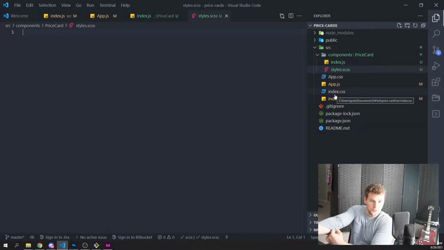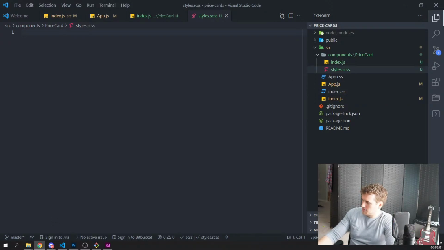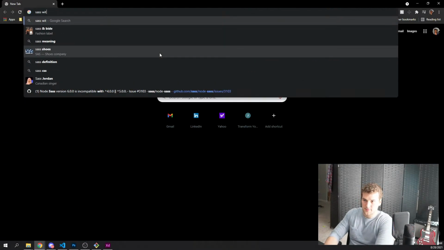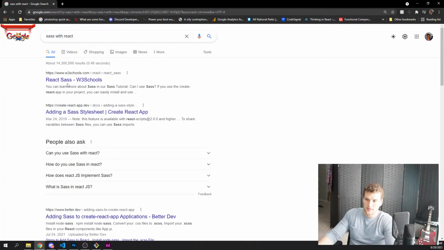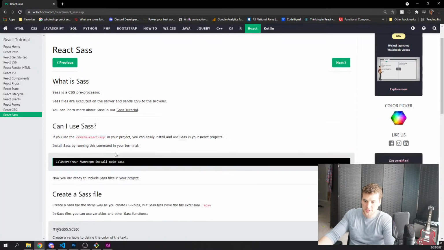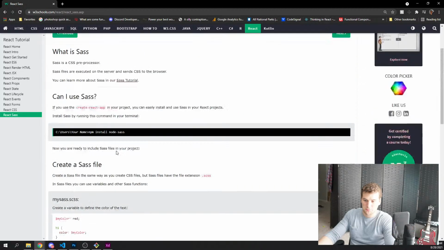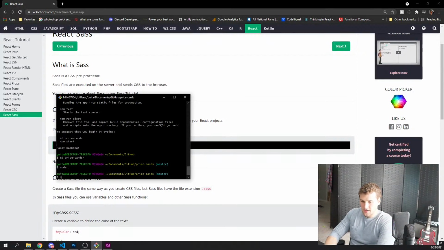I think I need to, what do I need to install to use Sass with React? I need a tab over here. React Sass, is that it? Just do npm install node-sass, and then I'm good to go. About to try that, see if that works. npm i node-sass,